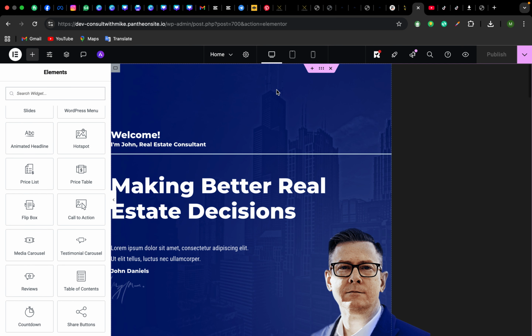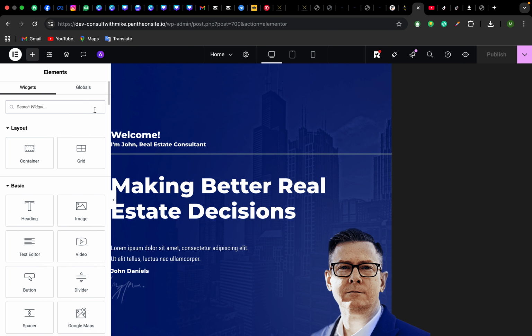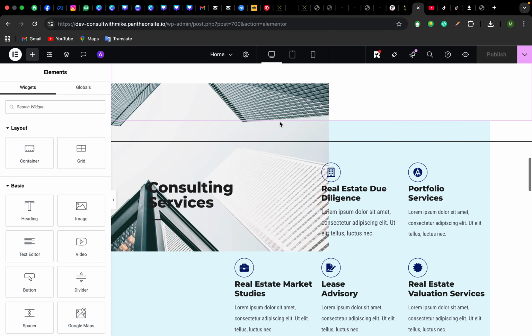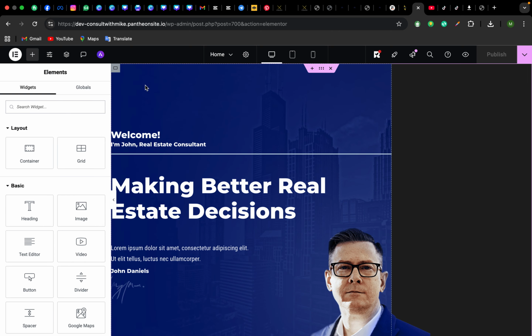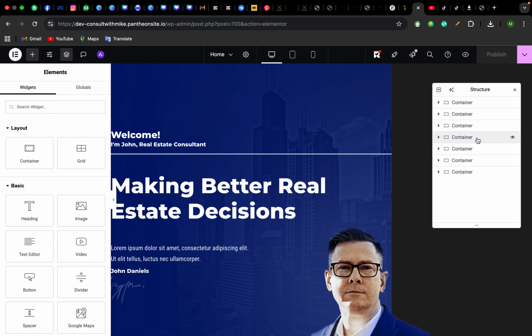All right. So the first thing you need to know from the Elementor interface is that you can easily navigate the structure of the website without having to scroll up and down, and you can easily do that from here. So these are all the containers on the structure. Containers means